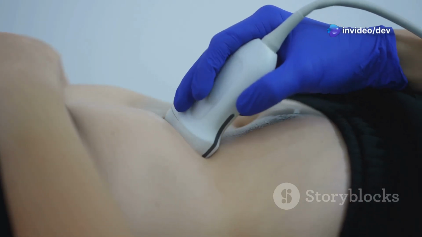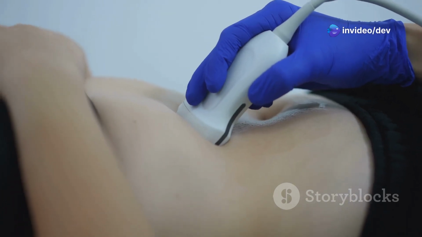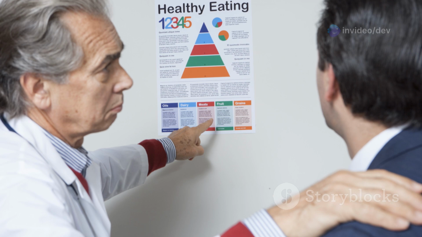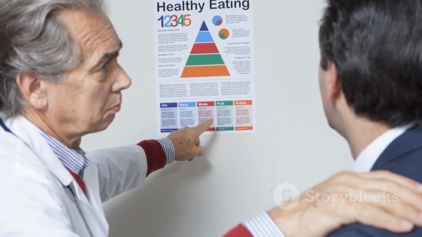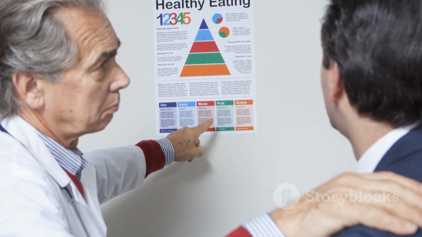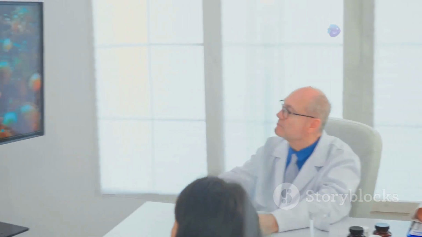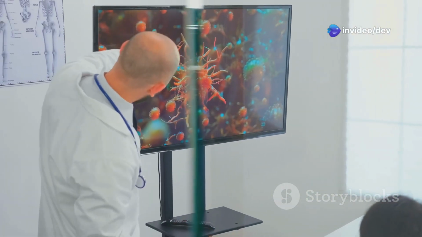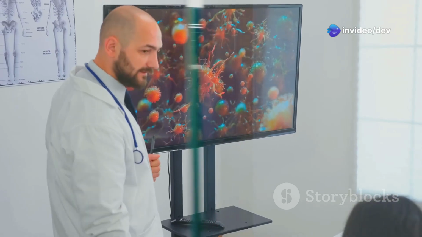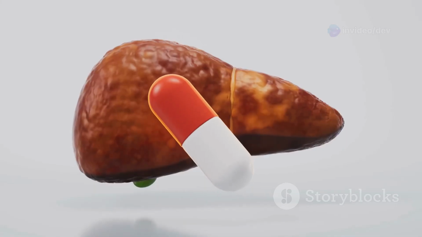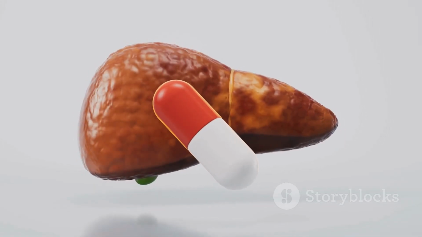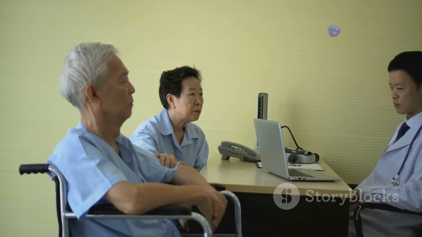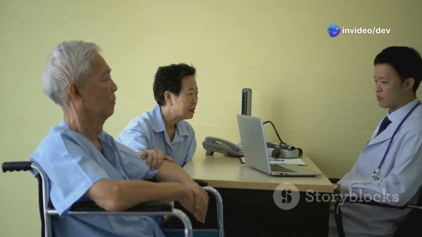Now, here's the thing. In the early stages, fatty liver disease might not show any noticeable symptoms. It's often a silent condition, which is why it's important to be aware of the risk factors. As it progresses, it can lead to inflammation and damage to the liver, a condition known as non-alcoholic steatohepatitis, or NASH. NASH is a more serious form of fatty liver disease and can progress to cirrhosis, liver failure, or even liver cancer. But don't worry, we'll delve deeper into those details later.